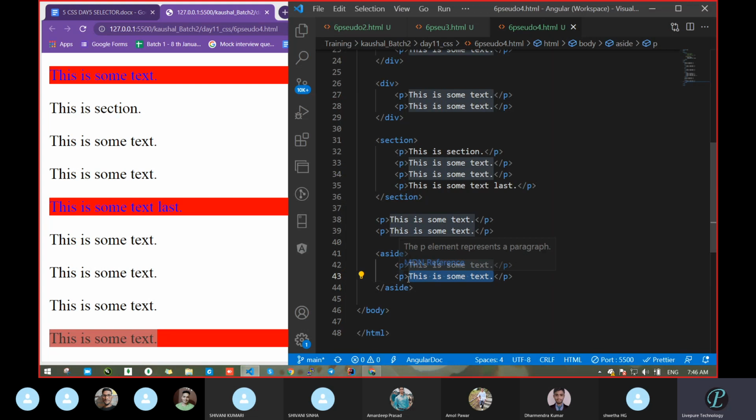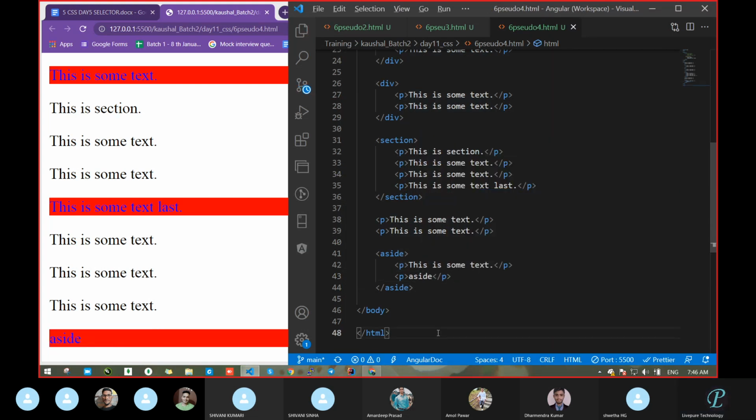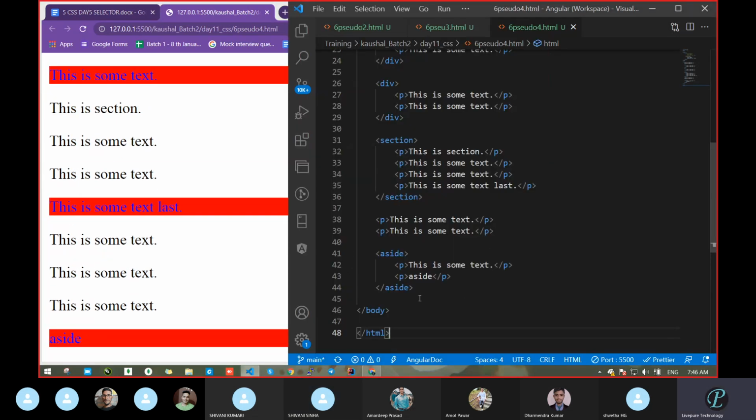Is anyone having any issue now? Tell me. No, what is aside? Aside is nothing. It is not going to do anything. It will keep your tag, means just like a div, it will work. Okay, but from the name, you get something. Had you studied semantic element, semantic and non-semantic in HTML?